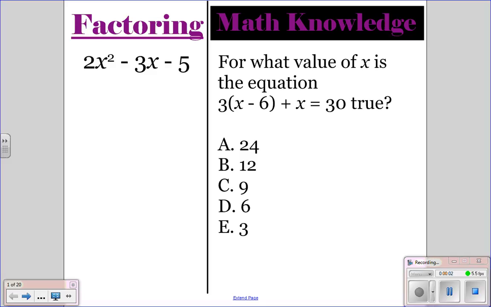Alright, so y'all go ahead and do the factoring and the math knowledge question for today. Pause the video, and then once everyone is finished, you can unpause the video, and I'll go over the correct